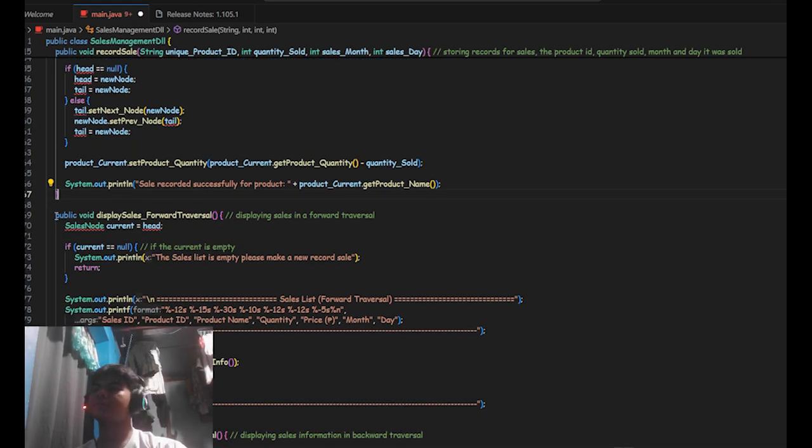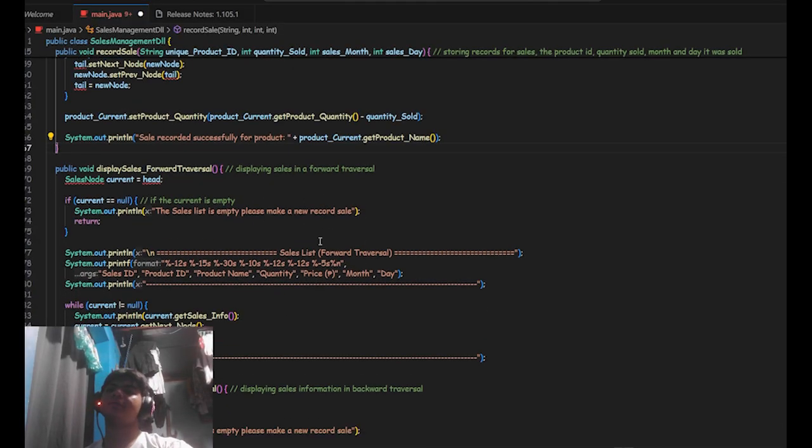Then another function here called display sales forward traversal. It is a void function, so it will not return anything. It is displaying sales in a forward traversal manner. So we will create a sales node variable current that's set to head.